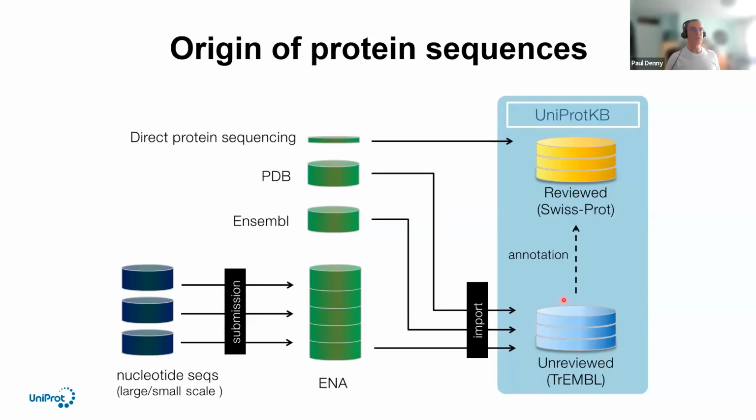But the TrEMBL section of the database consists of protein sequences which are described as unreviewed. When they've been annotated by a curator, they get promoted to reviewed, and they join the Swiss-Prot section of the